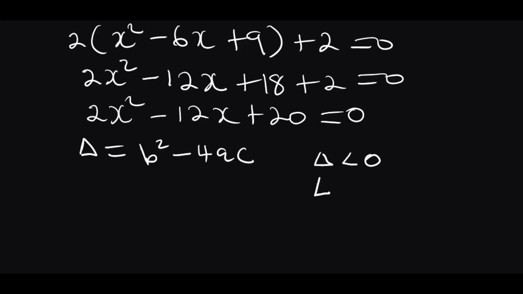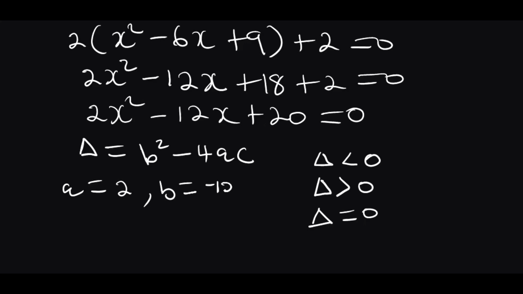If the discriminant is greater than 0, the roots are real. If the discriminant is equal to 0, the roots are real and equal. Right now, in this equation, our a is equal to 2, b is equal to negative 12,